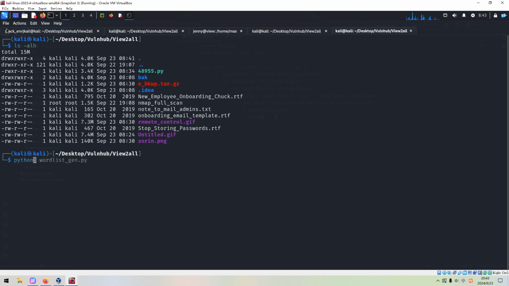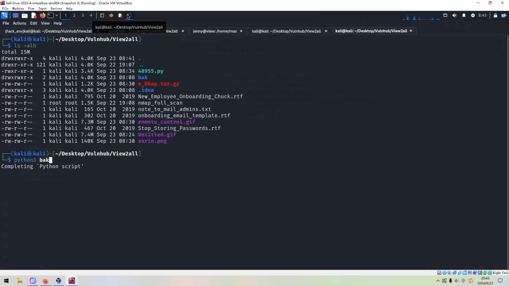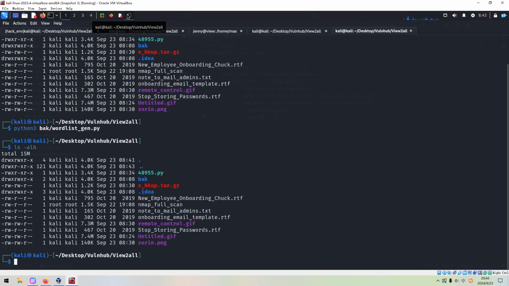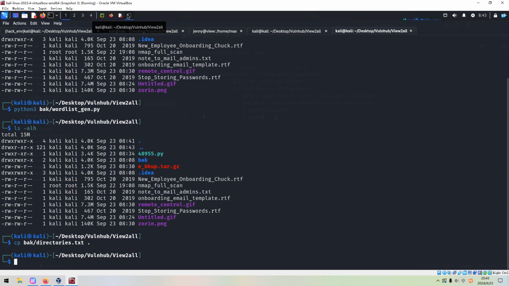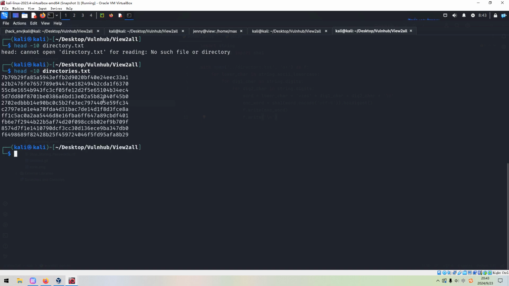Okay, so I think we can open up another tab, and we can run it. It's done. And of course we go back to the current directory, and we can get out this hash directory.